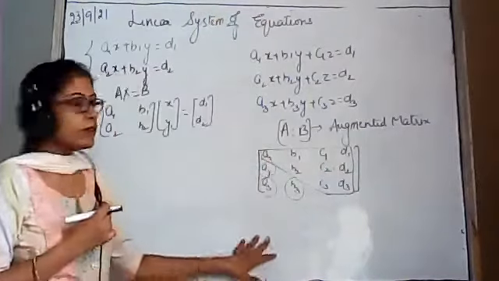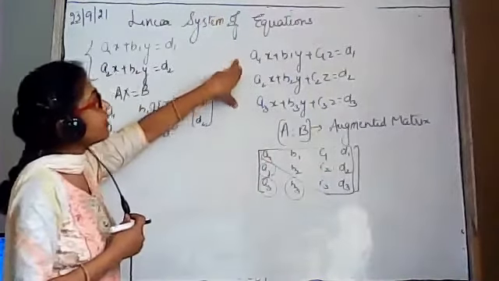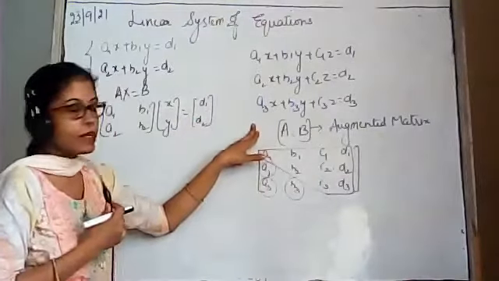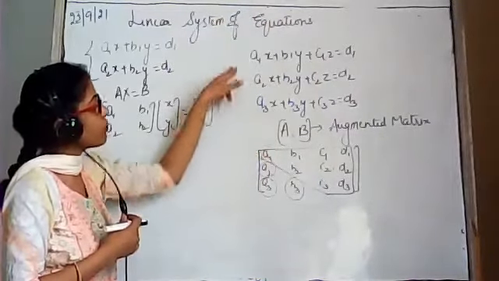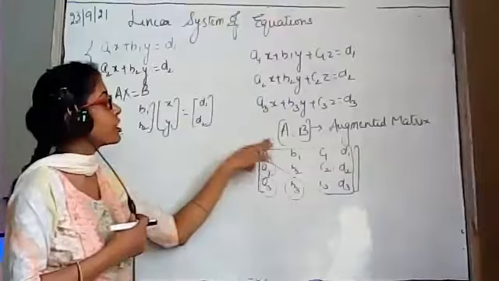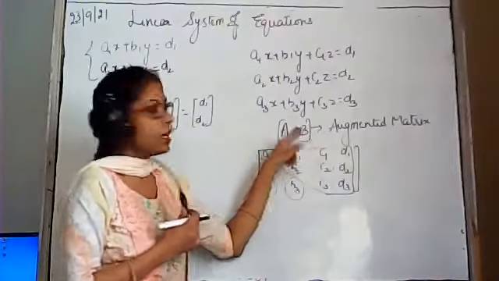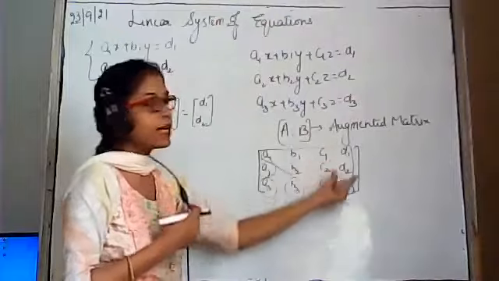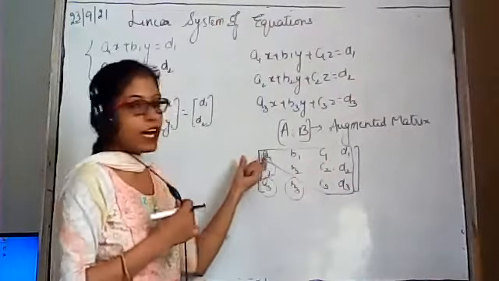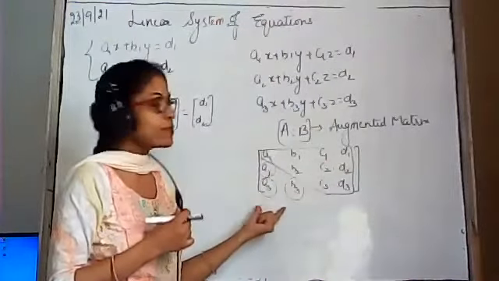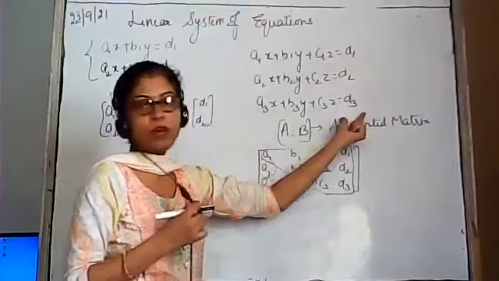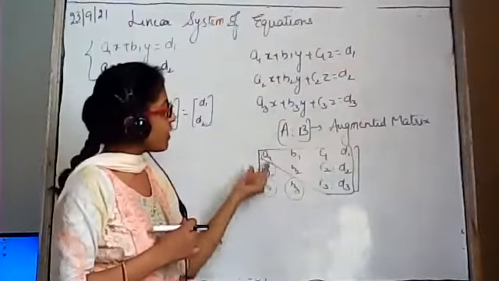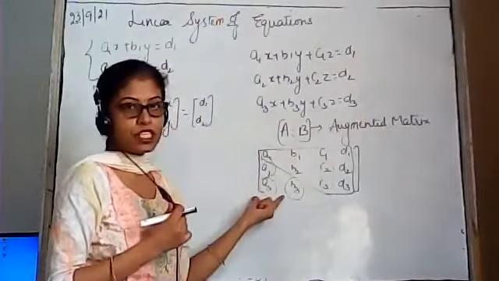I'm again repeating. In Gauss elimination method, let us suppose we have such linear equations. First of all, we will write these linear equations in the augmented form. In augmented form, we will have only coefficients and the right hand side. After that, we will apply only row operations, because on the right hand side we have only one column, so no column operation will be applicable over here.